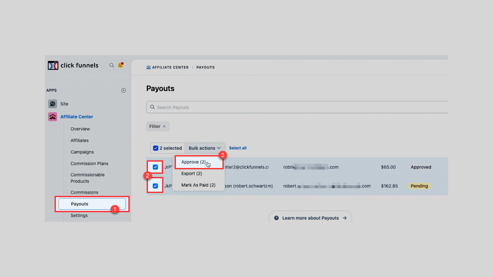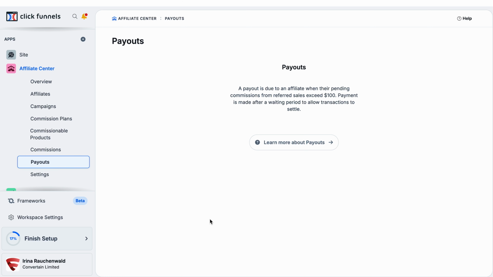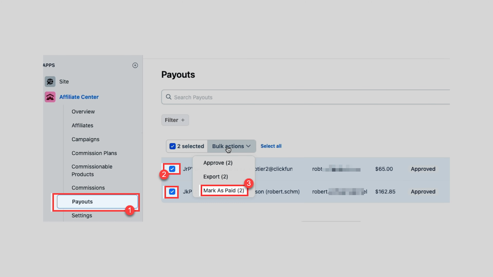Then you need to approve the commissions that are prepared for the payout. You can either do it one by one or bulk approve them. After that, they are ready for the payout. And there are multiple ways how you can handle payouts. You can do it manually or automate the process partially using PayPal. First of all, you can send the payout as a bank transfer, Wise or Payoneer manually and just mark the